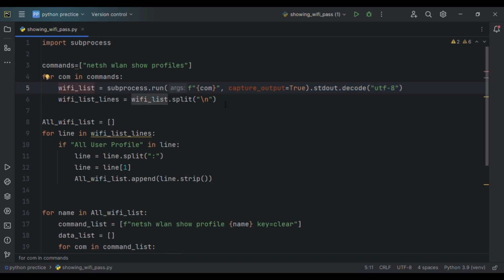Then, Wi-Fi_list is split into lines, and the resulting list of lines is stored in Wi-Fi_list_lines. A list called all_Wi-Fi_list is initialized as an empty list. Then, a for loop iterates over each line in